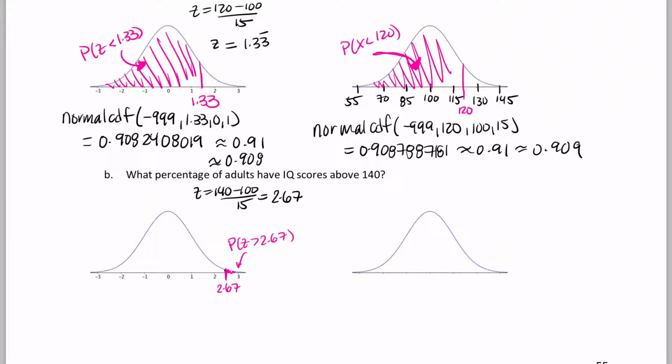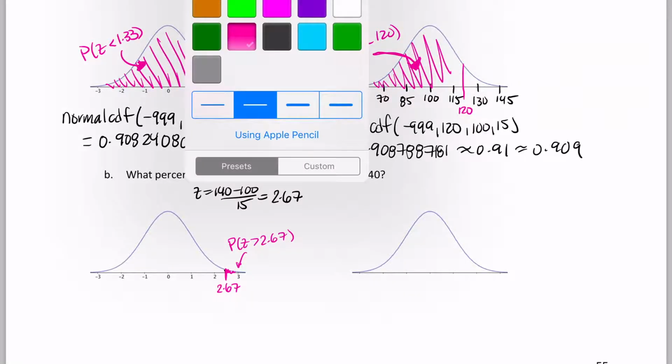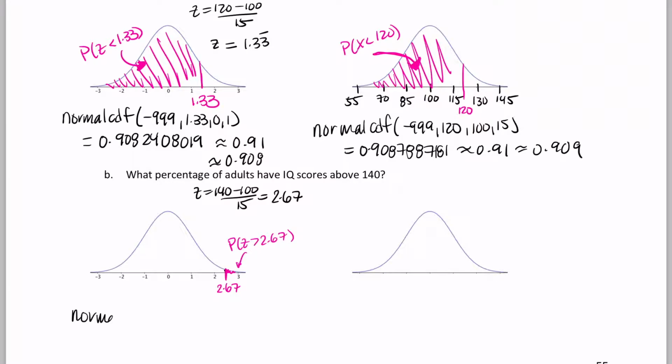And again, we'd use normal CDF to find the area in that rightmost tail. And after entering this on your calculator, you should get